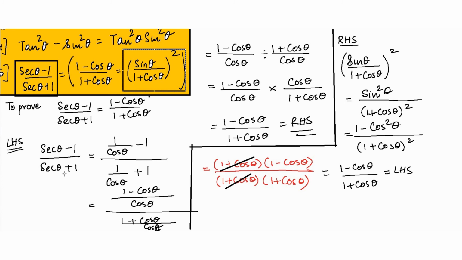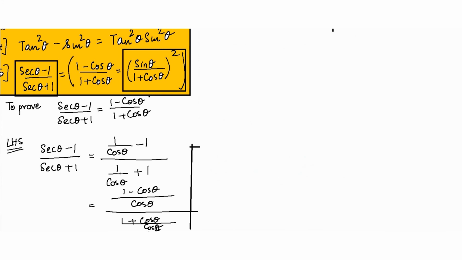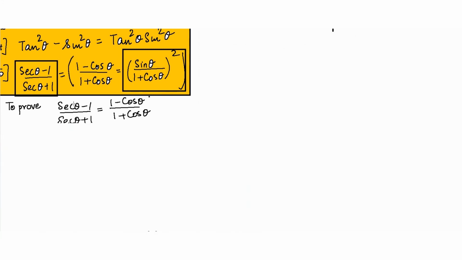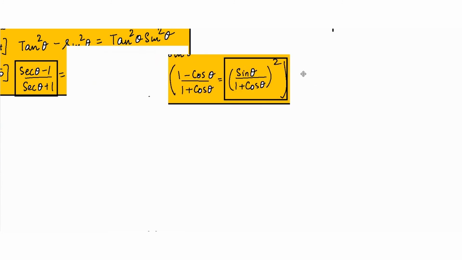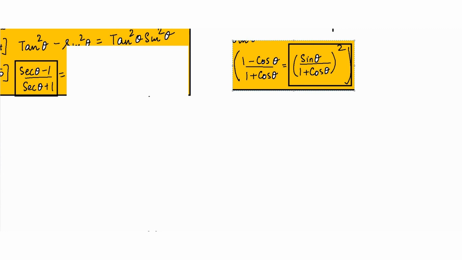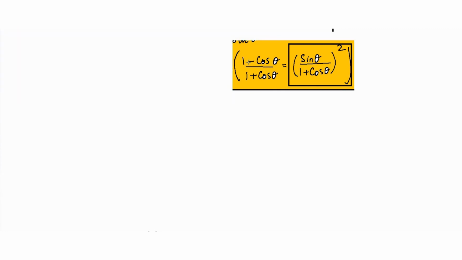Now before I go to the next question, I would like to show you some technique that comes to my mind when I look at question number 2. So over here, let's just erase everything. Right now, when we proved the following questions, we saw that I went from sine theta by 1 plus cos theta the whole square. So I'm specifically thinking about when I solved this particular identity, I went from the RHS